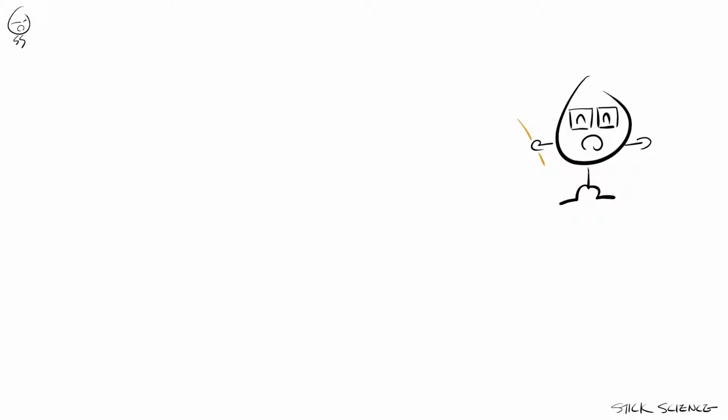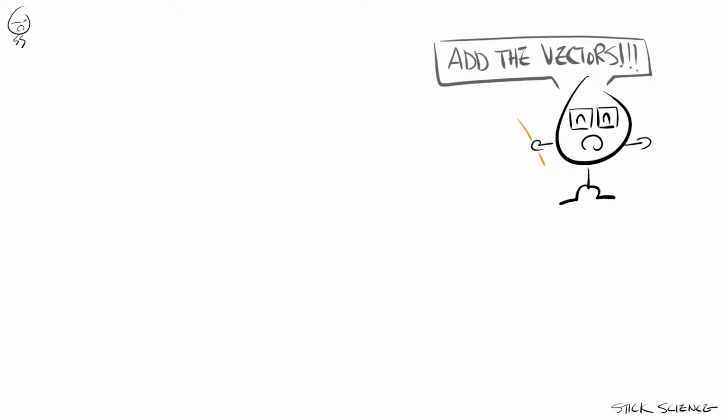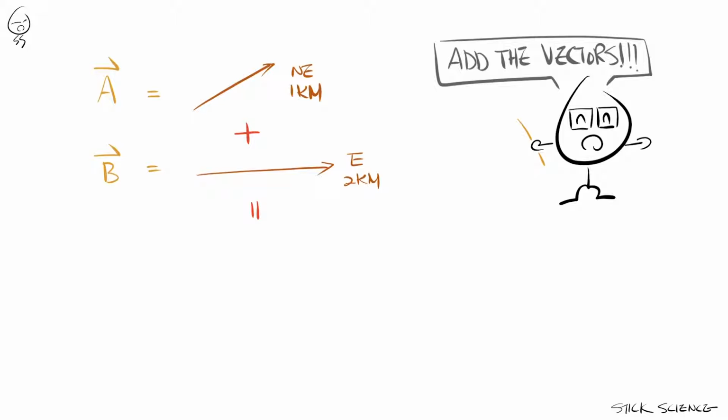As it turns out, the path to the treasure can be revealed by vector addition. You might have guessed already, but the two instructions on the map are vector quantities with both direction and magnitude. Let's call them vectors A and B respectively. Adding two vectors will get you another vector that will have the same effect as executing the original two vectors consecutively. So when you add vectors, you express the resulting sum by placing the vectors you want to add head to tail, and then drawing a vector from the free tail to the free head.